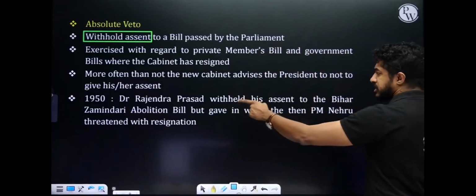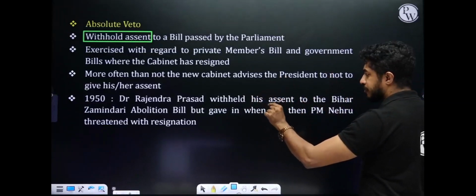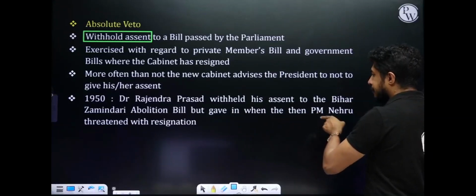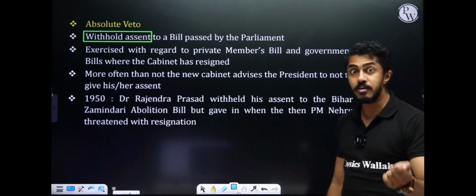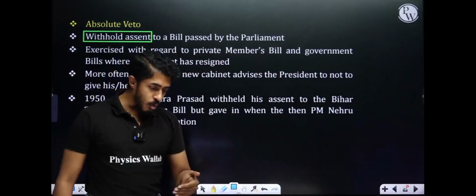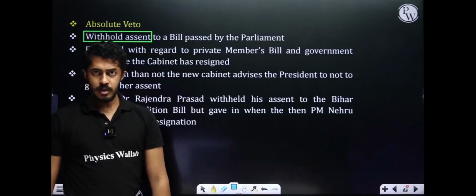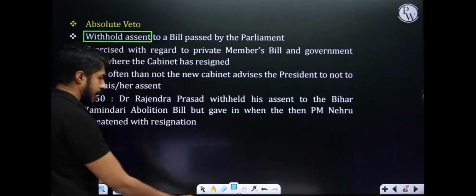1950, Dr. Rajendra Prasad withheld his assent to the Bihar Zamindari Abolition Bill, but gave in when the then Prime Minister Nehru threatened with resignation. We are now going to see this relationship's evolution. Now, this is pretty interesting, right? Imagine,